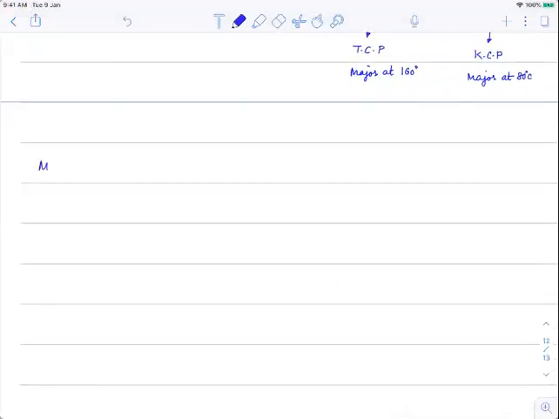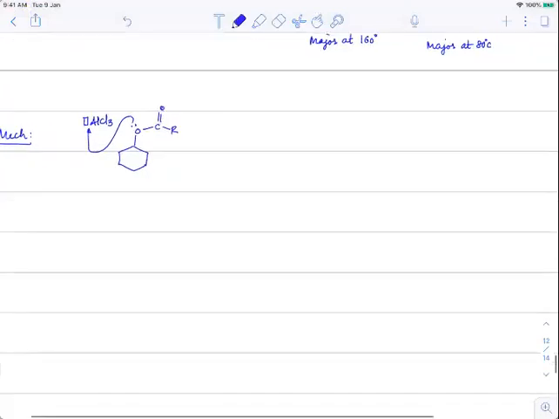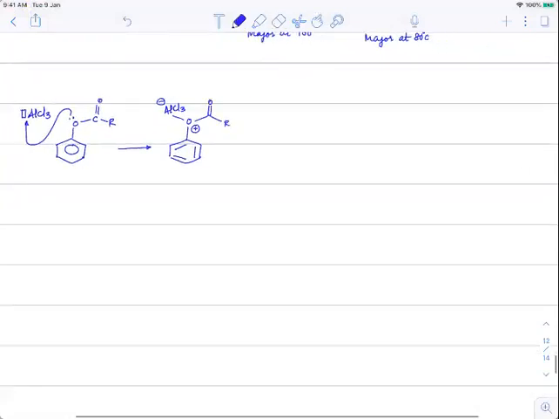See the mechanism. So if you have C double bond O R here and AlCl3 is there, which has an empty orbital, the lone pair present here will attack the empty orbital, and you will get that as O double bond O R and AlCl3 minus and plus. You'll see as soon as that is formed,